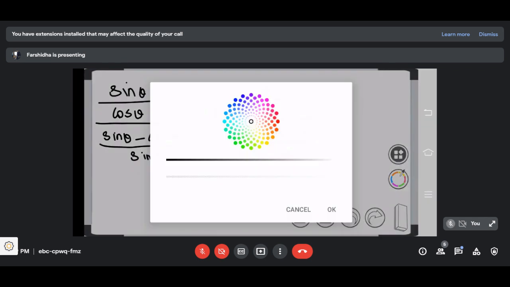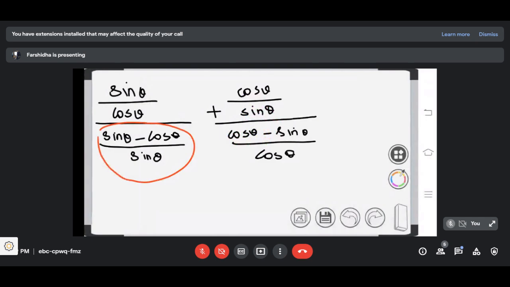So now we'll take individually all these terms to this side. I told you whenever you are taking this denominators to the other side, this division symbol gets cancelled and it will be multiplication, and also the denominators will be reciprocal. It will happen the same way here also. It will be into the reciprocal of this term, cos theta by cos theta minus sin theta. So in the next step we're going to write like this.